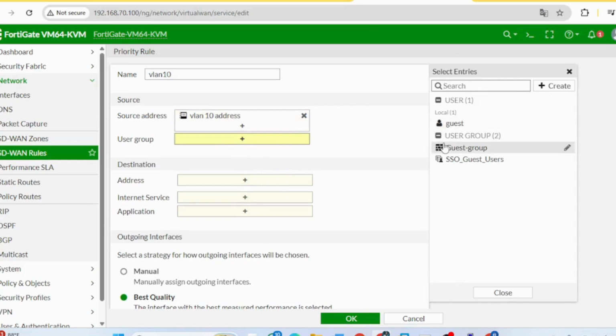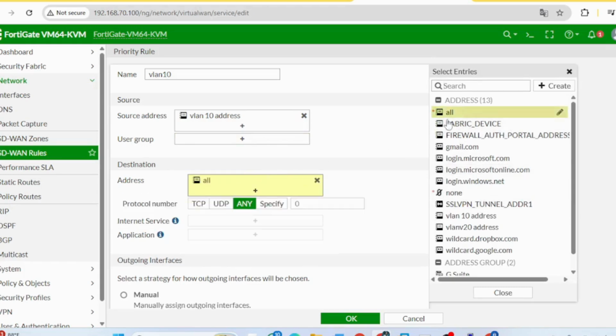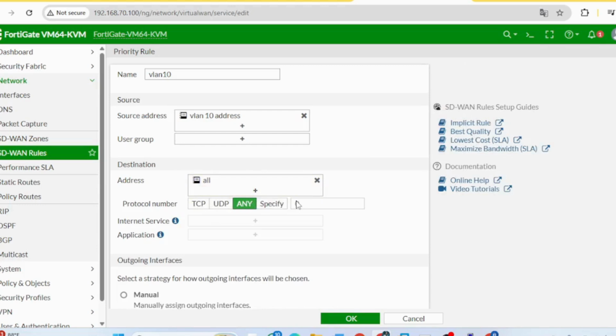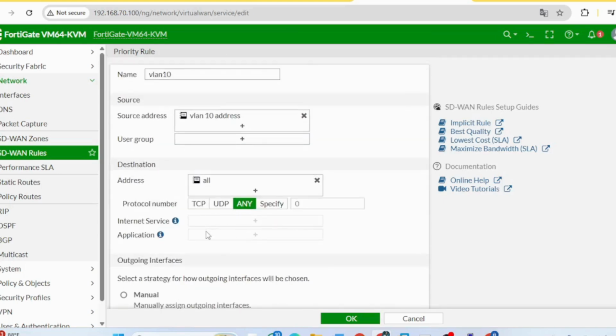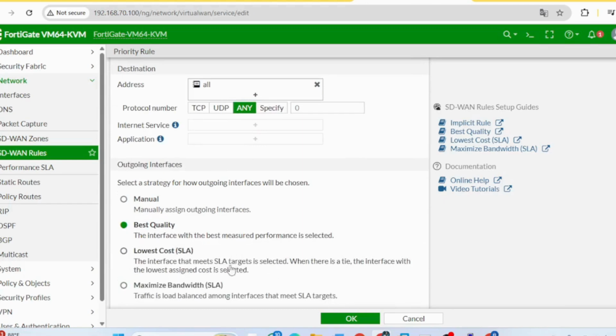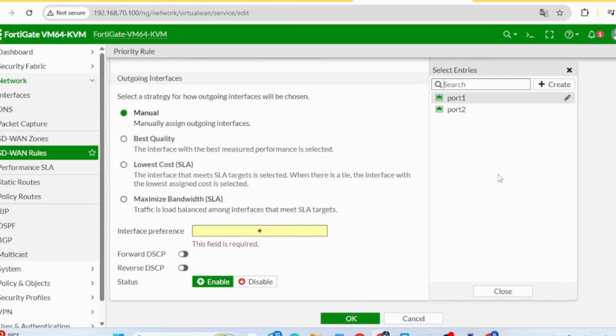Wait a second, let me just search it. For the address, we will go to all. For the outgoing interface, we're going to go to manual with interface preference of port 1, and then we will create a new one for VLAN 20.